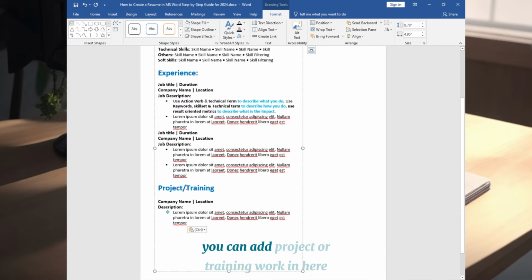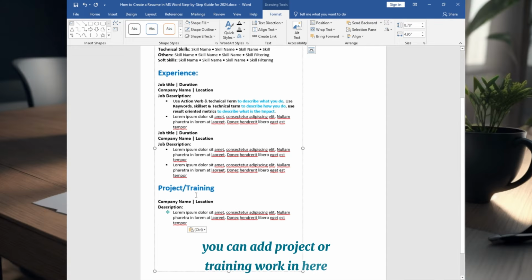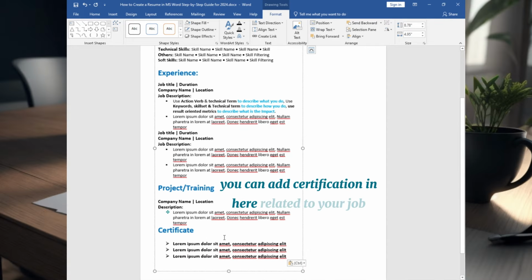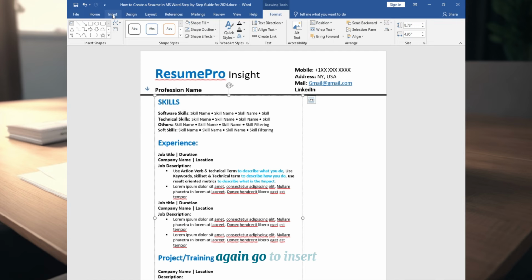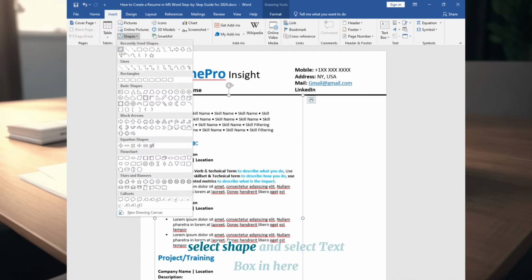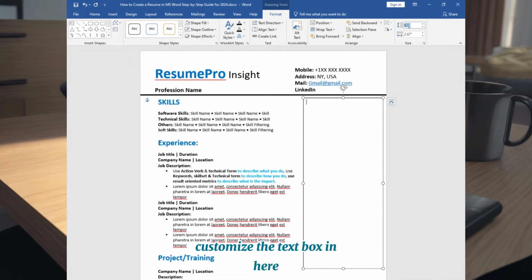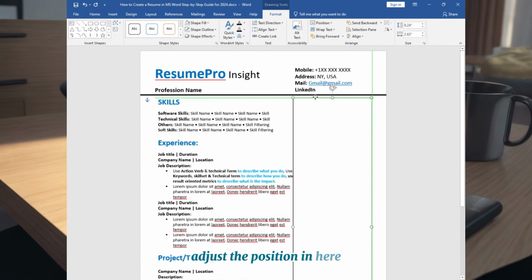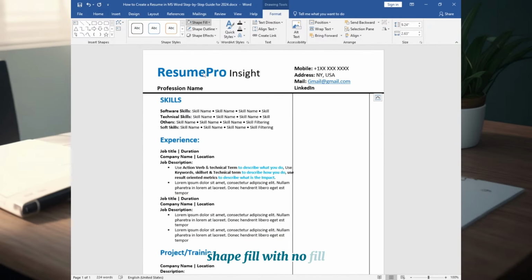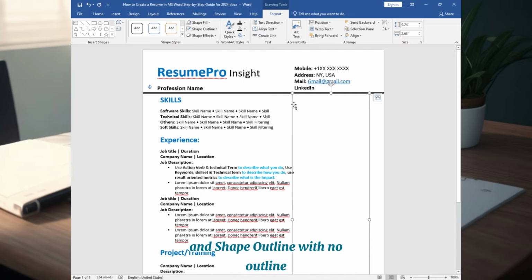You can add project or training work in here. You can add certification in here related to your job industry. Again, go to Insert, select Shape and select text box in here, draw the text box, customize the text box in here, adjust the position in here, Shape Fill with no fill and Shape Outline with no outline, add education